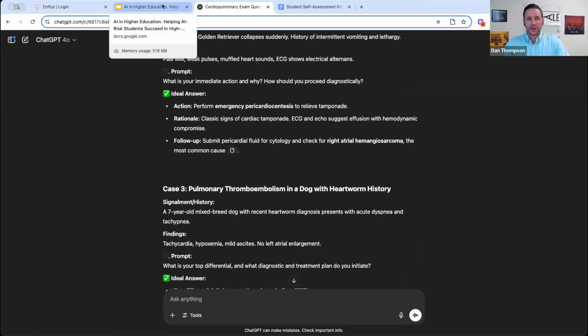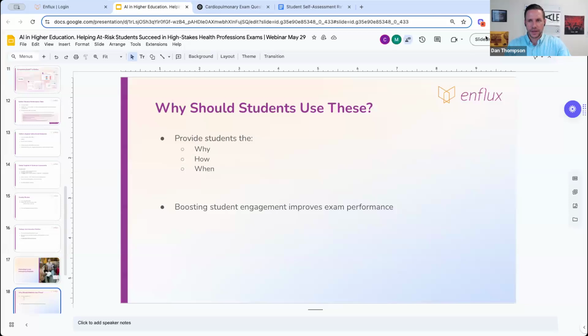For the record, I have polled students. Again, this is an informal poll, but the students that have used these for individual exam prep have given really positive reviews at how this has helped them to perform better on their exams, and we have the data to back that up.